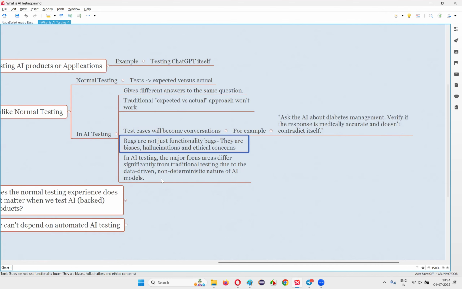Okay, so bugs are not just functionality bugs. When you try to log in with valid credentials, if the user is not able to log in, that is a functionality bug, right? But in AI, the bugs will be based on biases. Bugs may be like biases, meaning you are getting some response which is not correct from whatever the